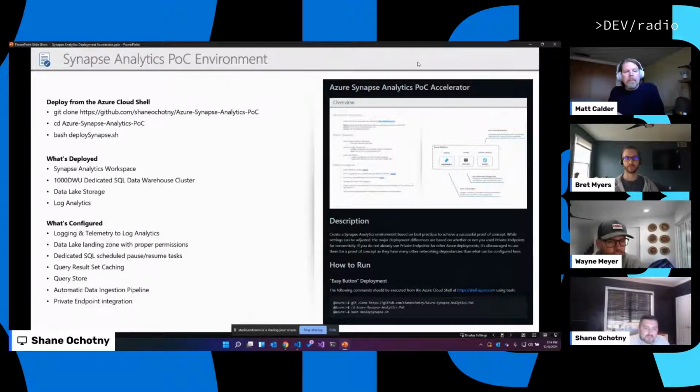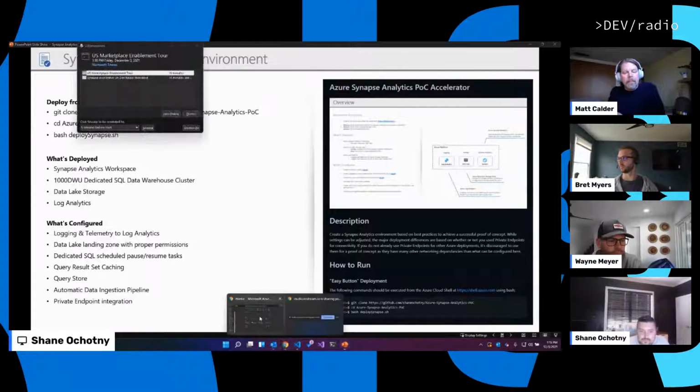So the first thing I'm going to show is how you actually start the deployment, how you deploy your Synapse instance with all these best practices, and what that looks like. The template is designed to run in the Azure Cloud Shell, so there's nothing for you to download, install, or configure on your computer. You can just do it all directly through the Azure Portal. So if I jump over to the Azure Portal,